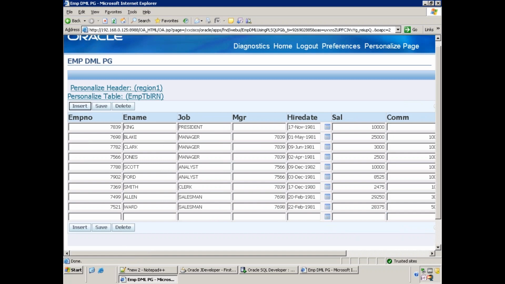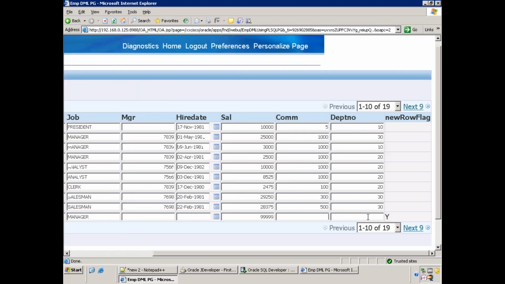Let us say my employee number is 311. Okay. Kaja 311. Manager, I'll just leave it, the manager is all things, and I'll say 9999. Okay. Now let us try.